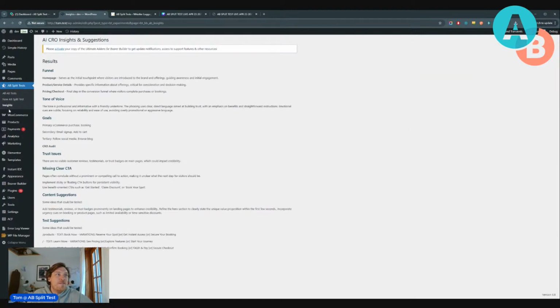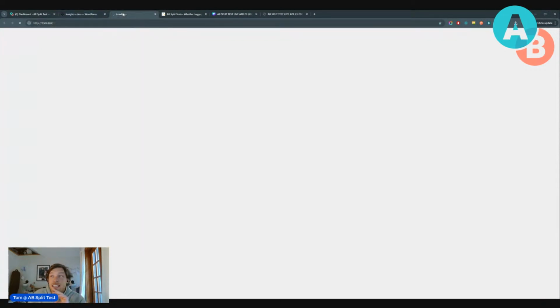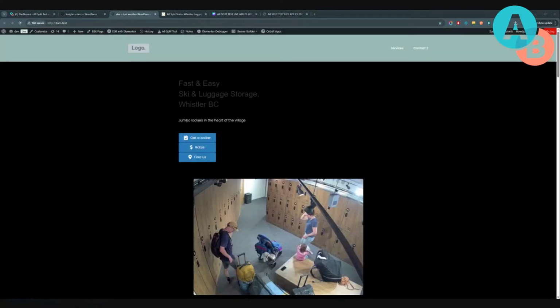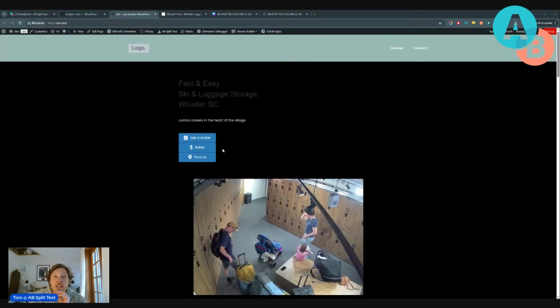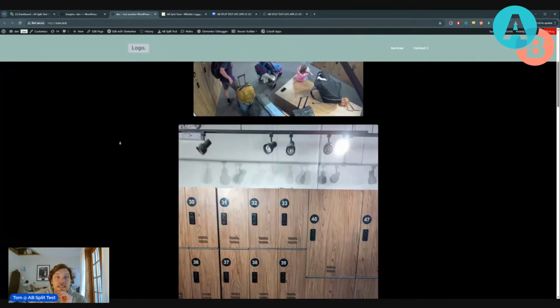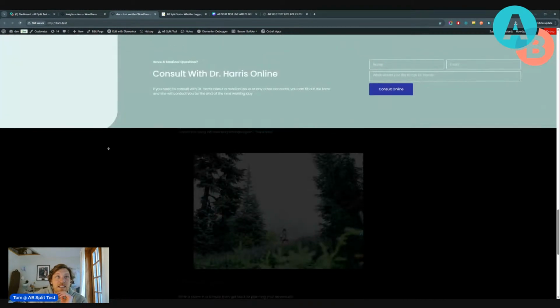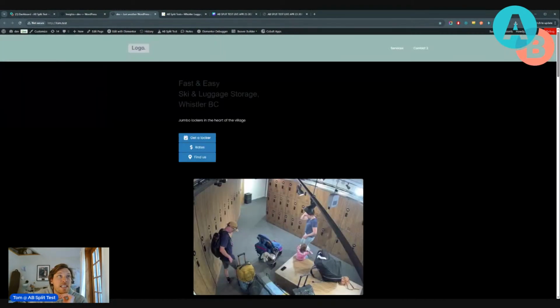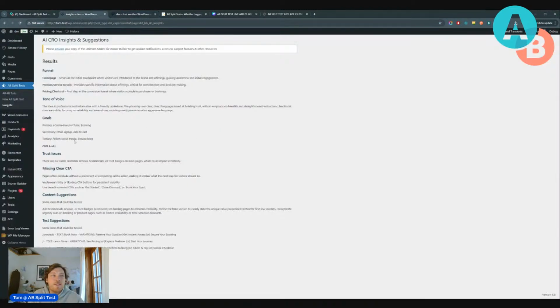So what we've got now is a new Insights tab that uses AI to scrape the entire contents of your website. So this gets your homepage. It guesses your funnel. Now this is a dev site that looks like garbage. So if I take you over here to it, it's got no content or anything really. It's pretty ugly. So the AI suggestions won't be too great on here, but